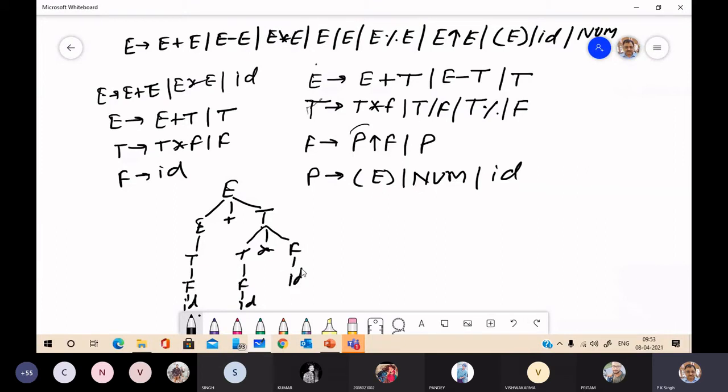This F is ID. It will always generate this tree in which plus has